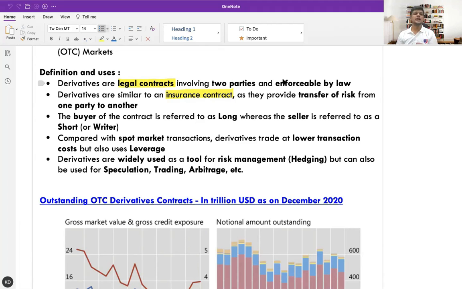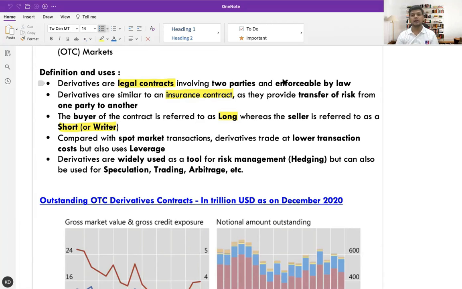So here there are two types of participants. The one who buys the asset, or the one who buys the contract rather. Instead of asset, I'll say the one who buys the contract is called as a long party. And the one who sells the contract is called as a short, or the writer. Is that clear? So now instead of using buy and sell, we will use the positions called long and short. Am I clear with that? Right? It means the same, but the reason that long and short were used to connect it with the derivatives